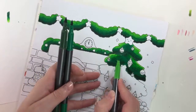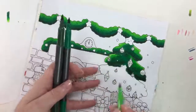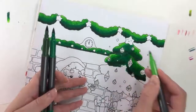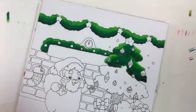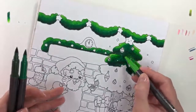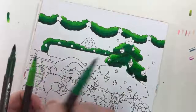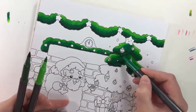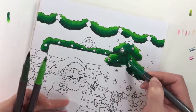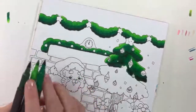Kind of getting a little bit of that watercolor effect. That's kind of fun. I mean, I might come back and try to blend out some of this a little bit more, but